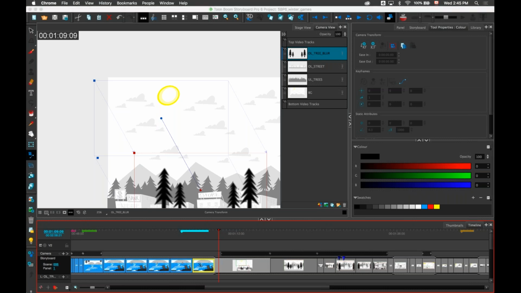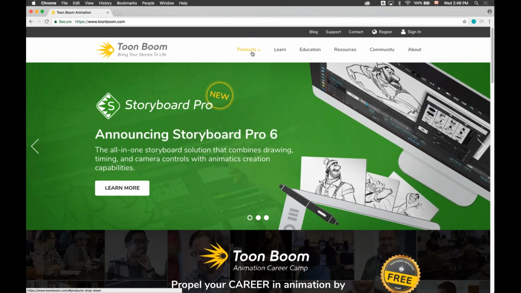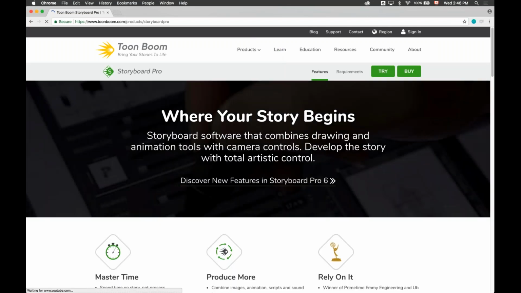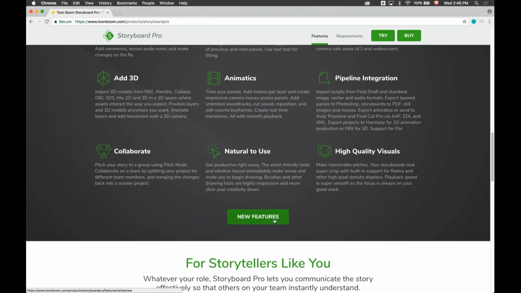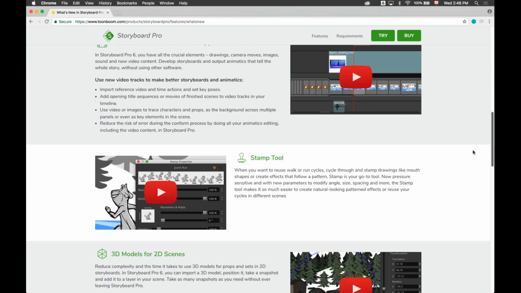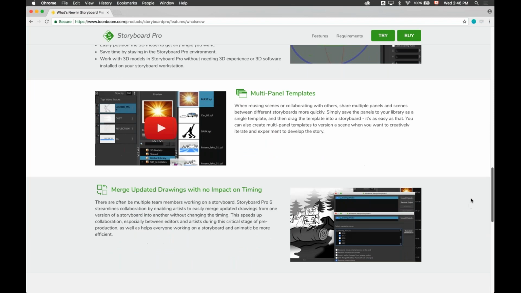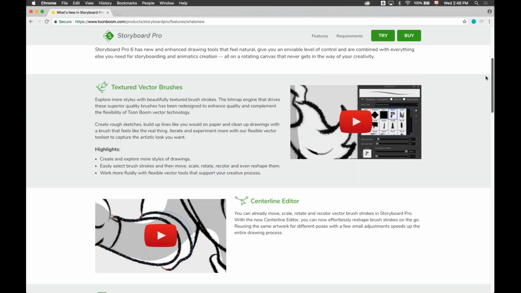So that's pretty much it for all the features I wanted to show you today. If you have any questions or you want to see those features again in action, if you go to our website, so let me bring up the website right here. Under products, if you go to Storyboard Pro, you have the feature page, and there's a new feature button right there that will bring you to all the biggest new features we have in the software, with small explanation videos, very, very small videos, about 45 seconds each.